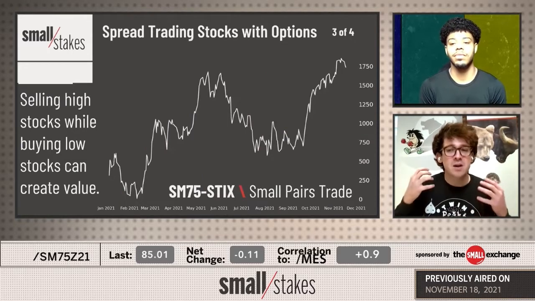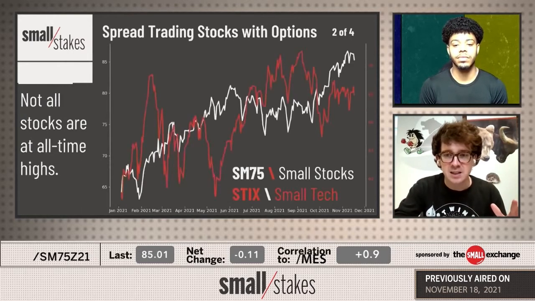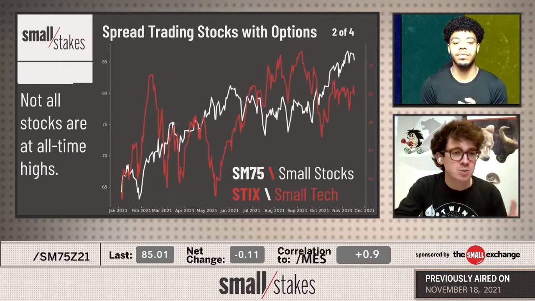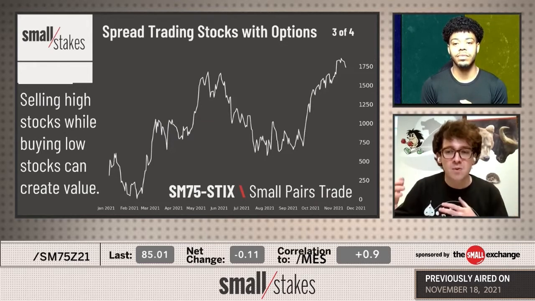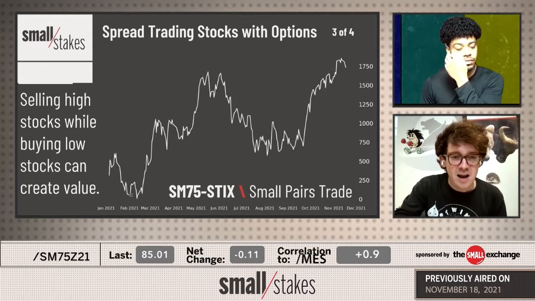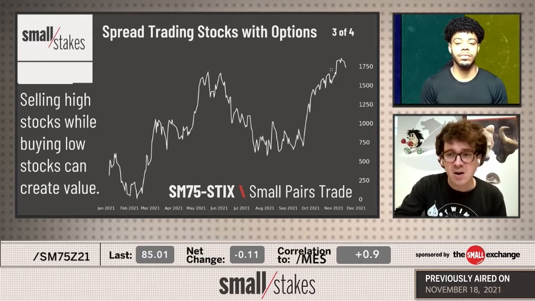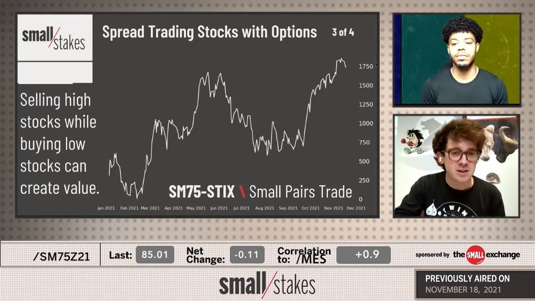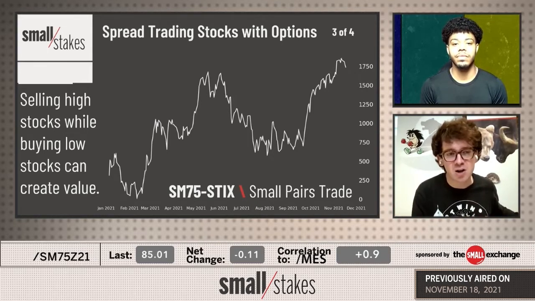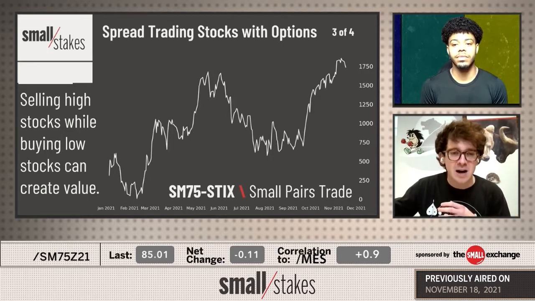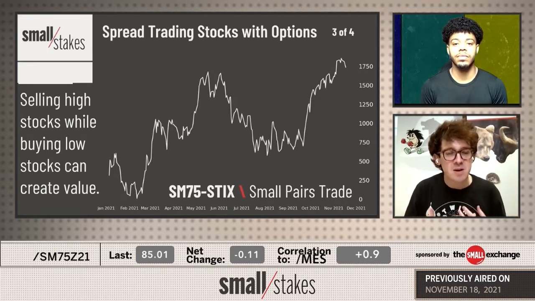And so now we've combined those two lines here into one market by just subtracting one from the other. And you can see here that this is a pretty decent extreme, SM75 over sticks, whereas they started the year at a difference of 0, and now they're at a difference of almost $1,800 here. And so my whole thing is always like, you look for price extremes in underlying markets. This thing is at a 10-year low, or this thing is at a 5-year high. And that starts to create maybe a potential opportunity.